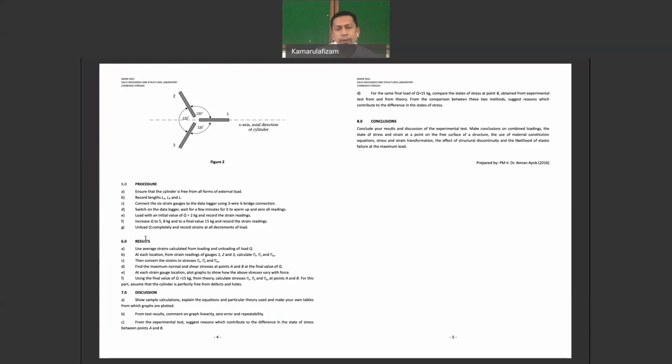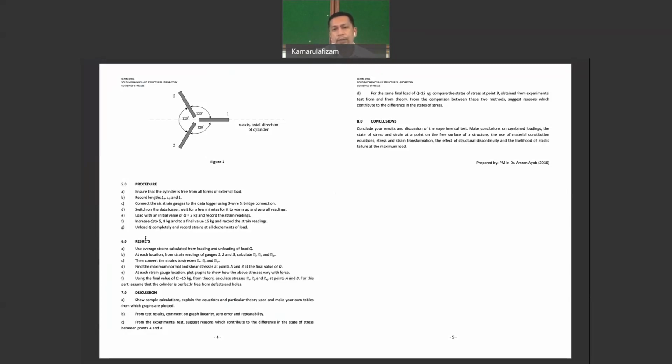All right, so again, we have given you the data basically. All you need to do is use the theory, use the formula to calculate the stress and strain at point A and B, given all the parameters, given all the setup, and from there, I need you to compare the value that you get from the calculation with the value given to you by the lab staff